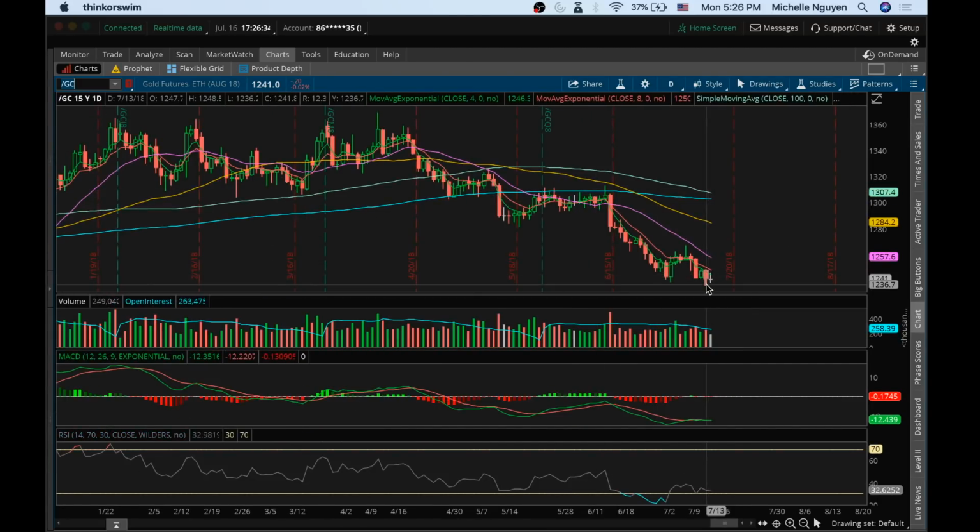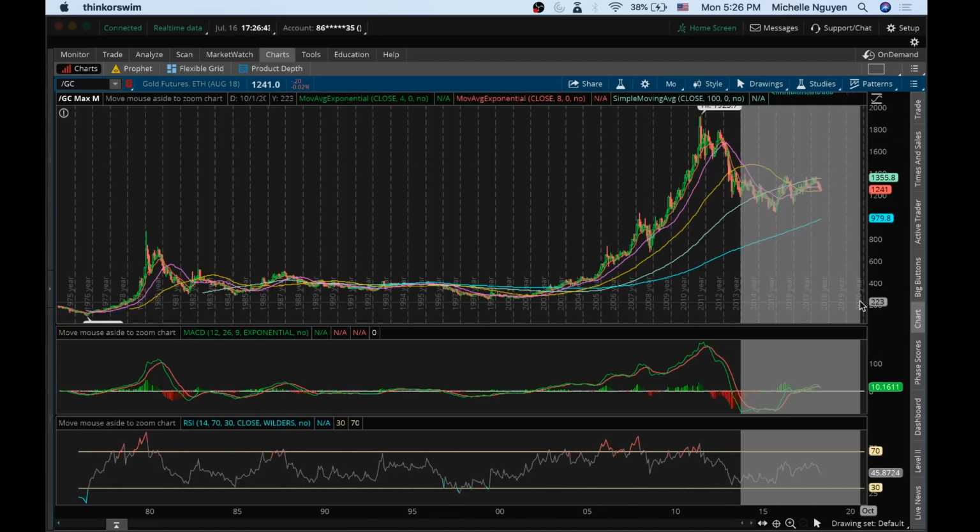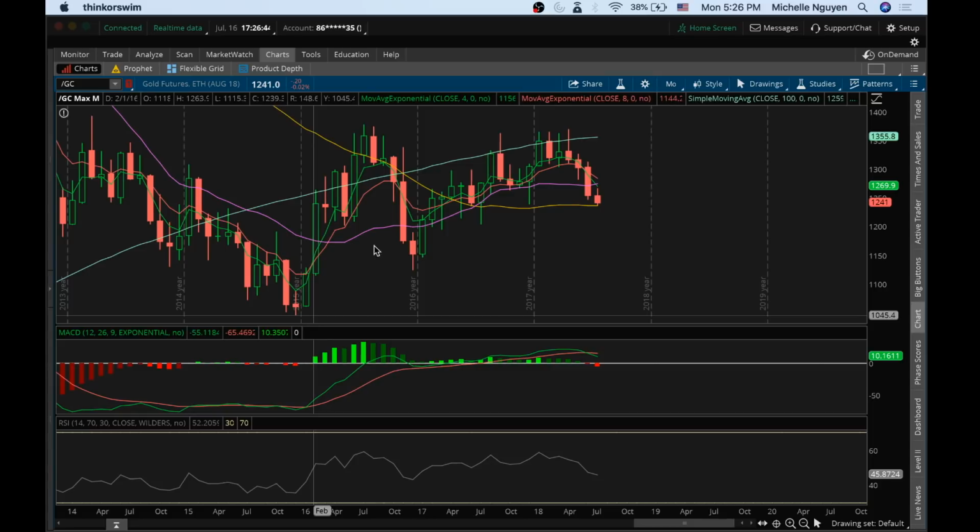here still created a lower low on the daily. So not much strength in gold yet. The longer term support has been broken here. You can see the monthly support, higher lows were being formed. This monthly support here of 1238.30, we broke it by a little bit here at 1236, at the low at